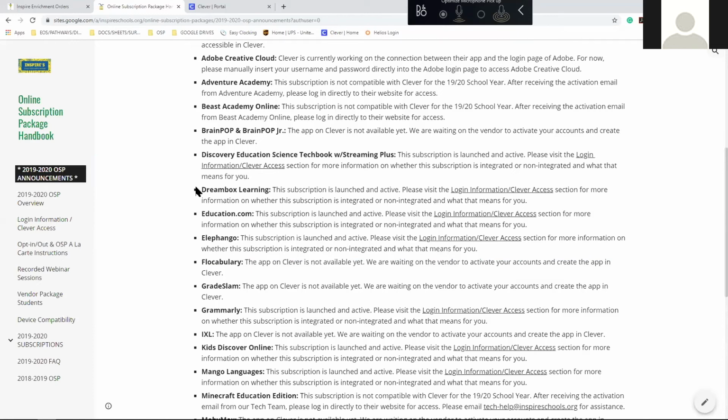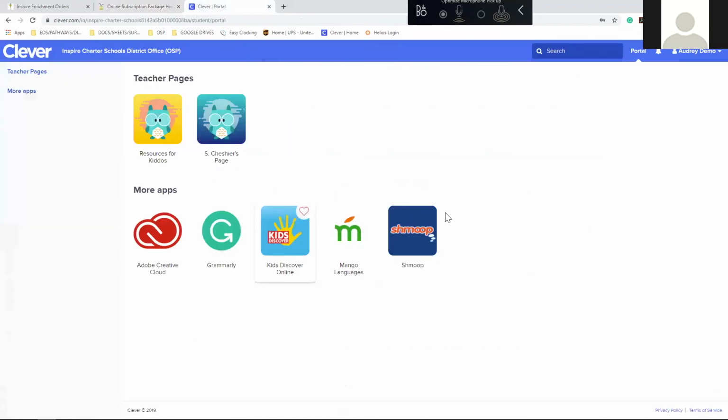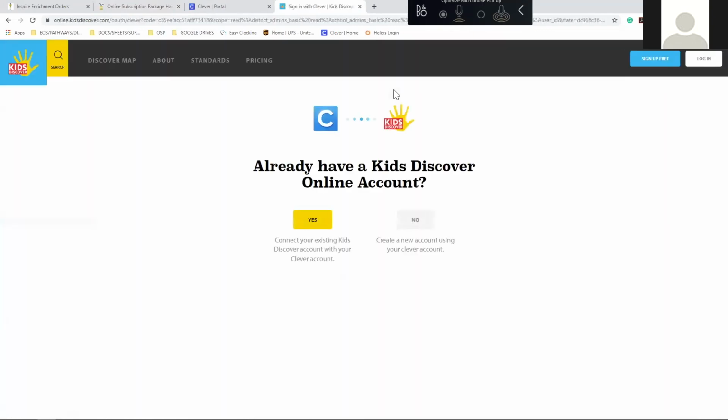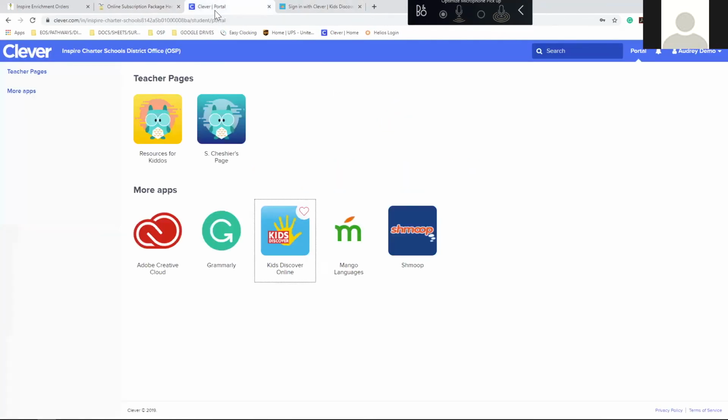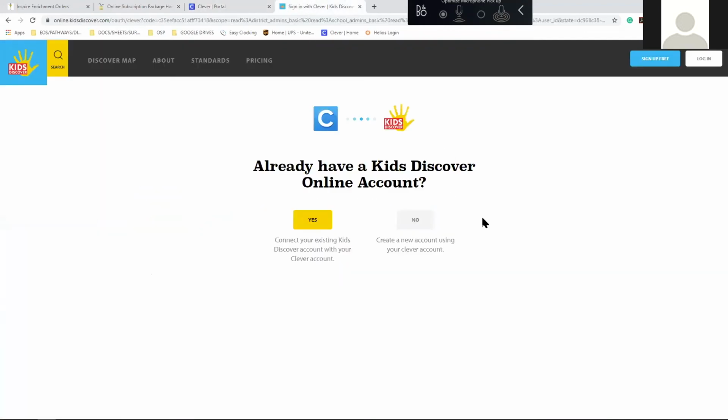Kids Discover Online is in Clever. We did also go over just kind of what it looks like to start. So you should have received an email from Kids Discover with the classroom code. And so when you click the Clever portal for Kids Discover, it's a little bit different than what we say a non-integrated subscription is, like Mango Languages. It'll ask you here. But for Kids Discover, it's going to take you directly to the site,